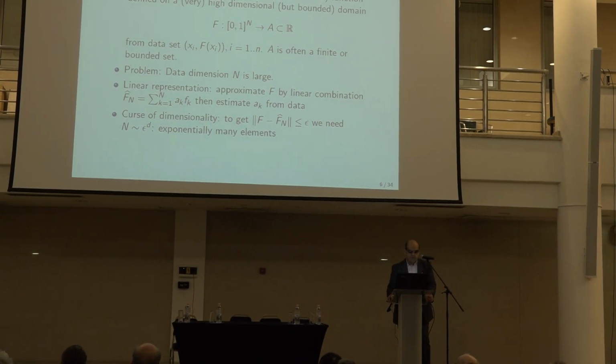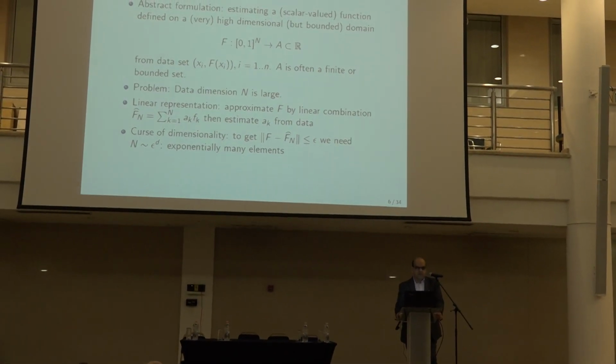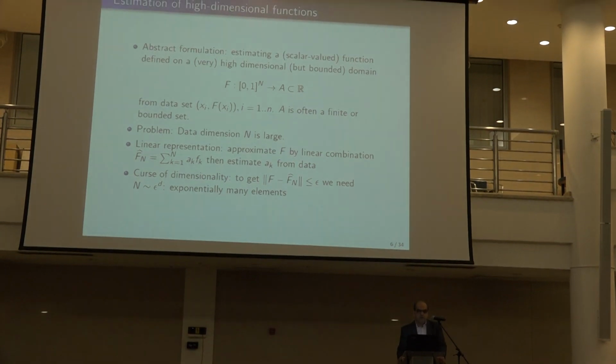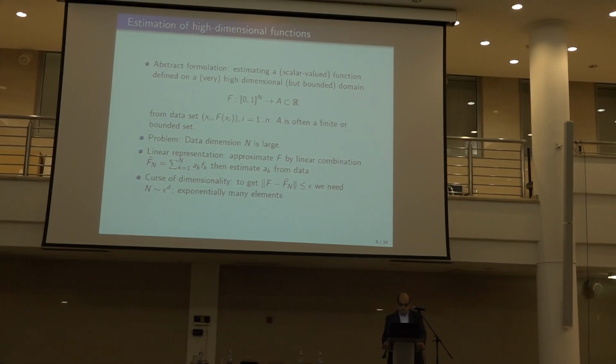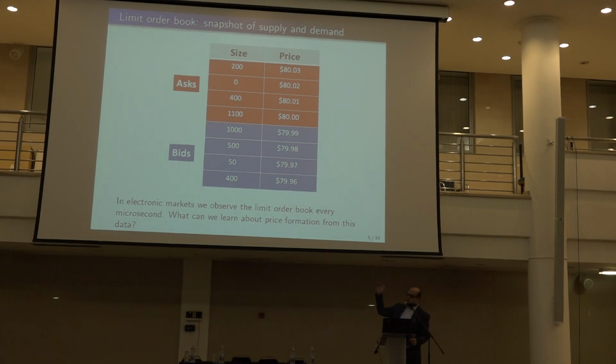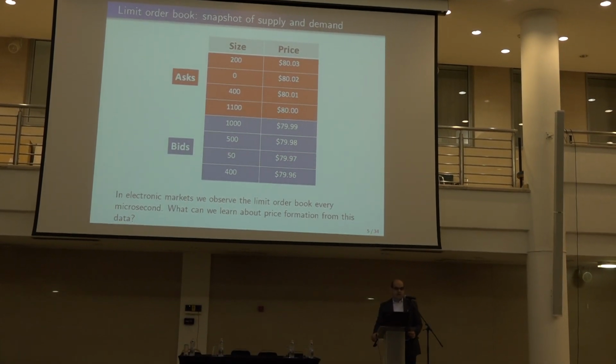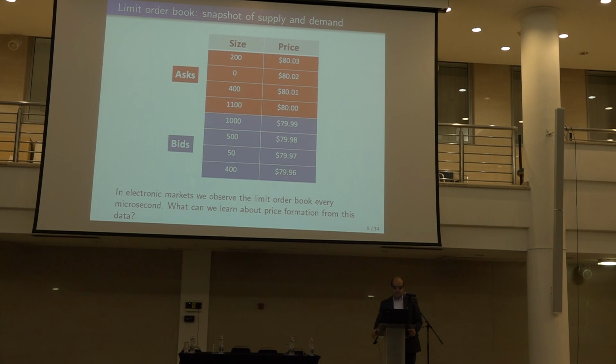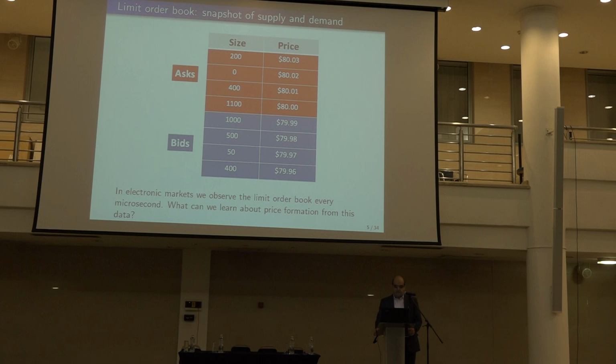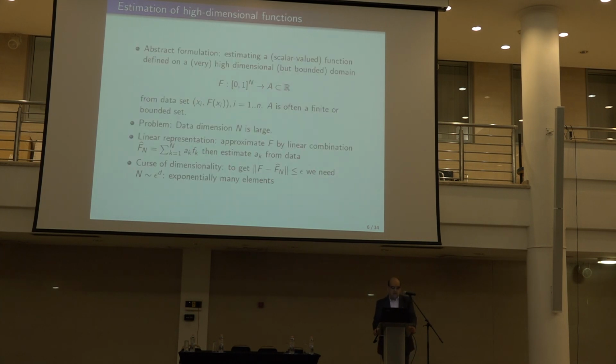If you think about it from an abstract point of view, this is a supervised learning problem. You want to learn some high-dimensional function, because I show you only 4 levels on each side, but in fact we have up to hundreds of levels. So you have 100 blue levels, 100 red levels, let's say. This means 200 levels, and you have prices on each. So it's a vector of dimension 200 for each millisecond, and then you have this for all stocks. That's the kind of thing we have. So it's a high-dimensional input.